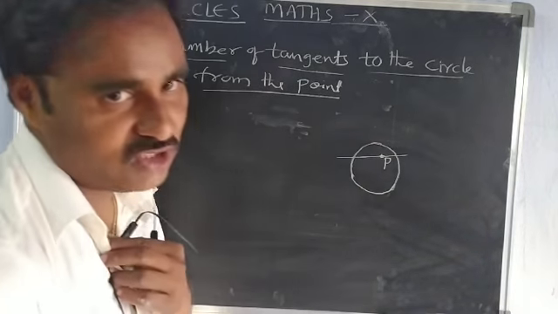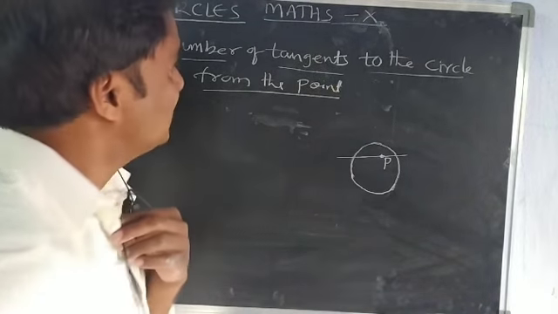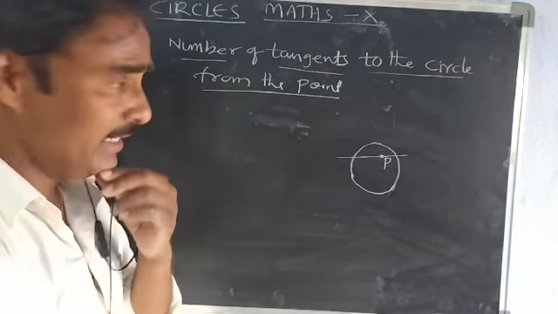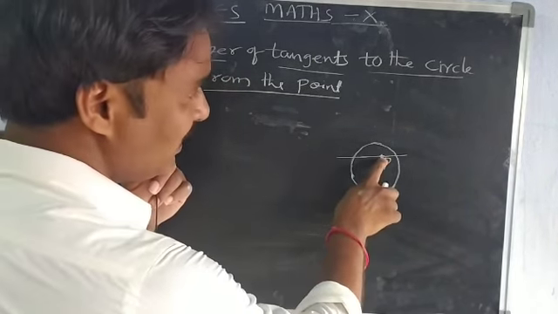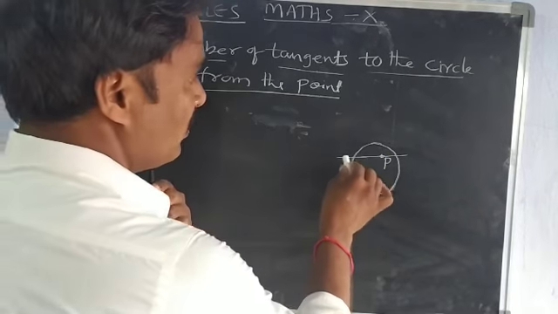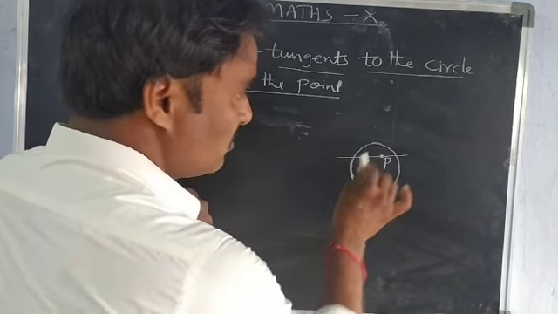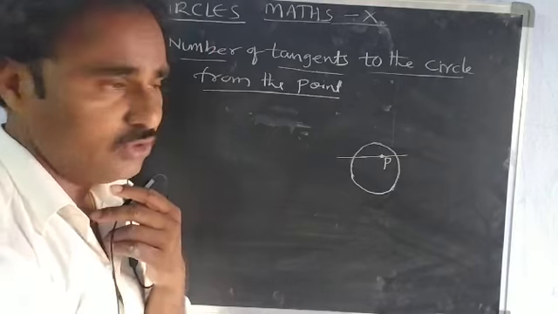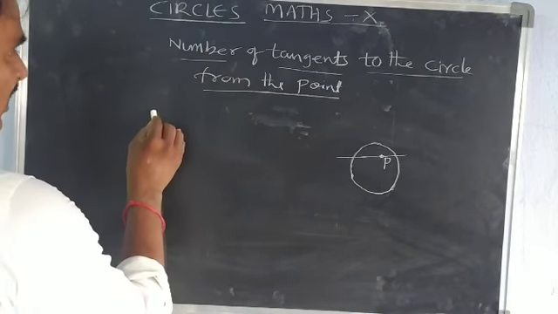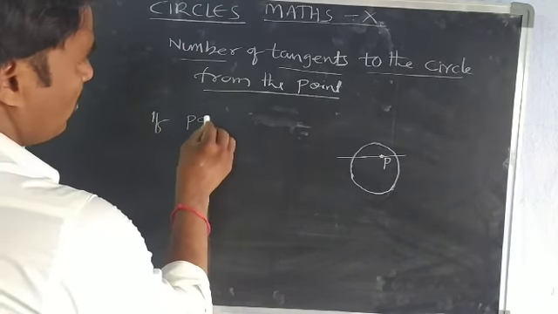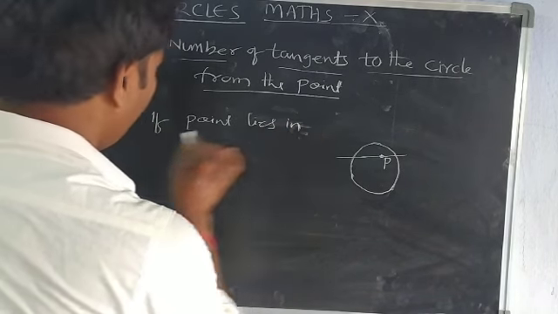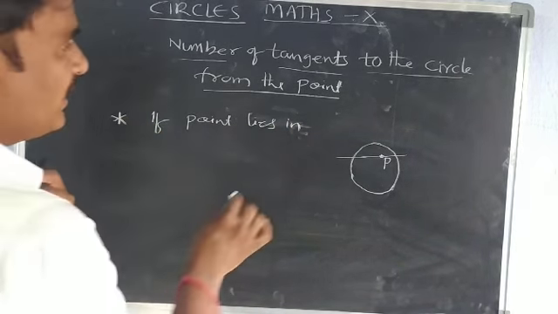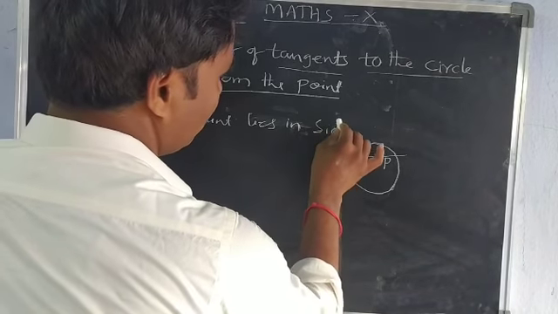So what is a tangent actually? Already we studied what a tangent is. That's a line which touches the circle at a single point. But when the point is lying inside the circle, if you want to draw a tangent through this point, it is not possible. So case 1: if a point lies inside the circle,